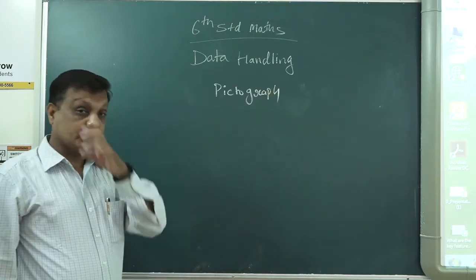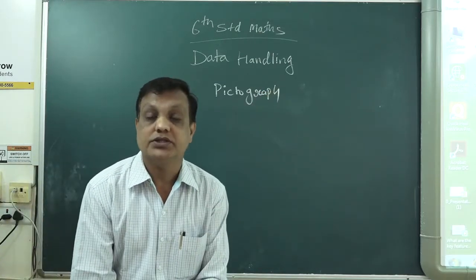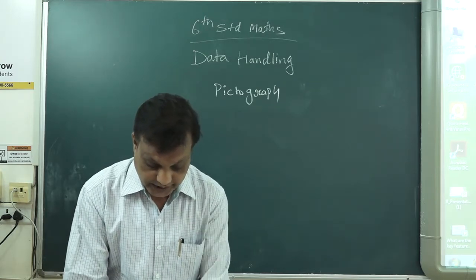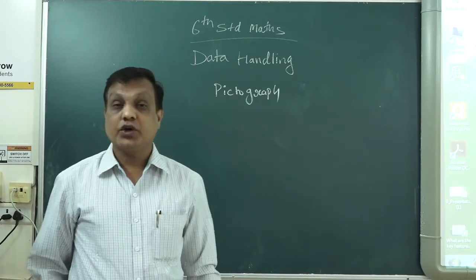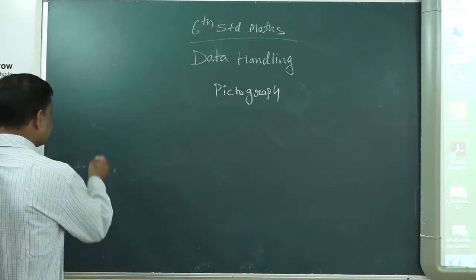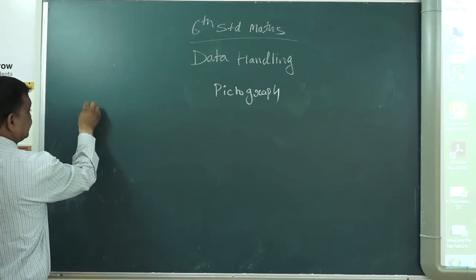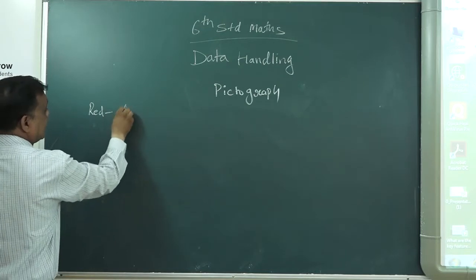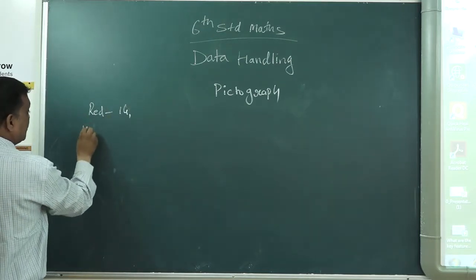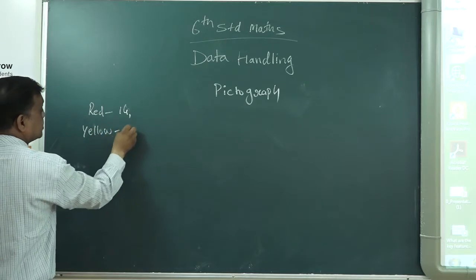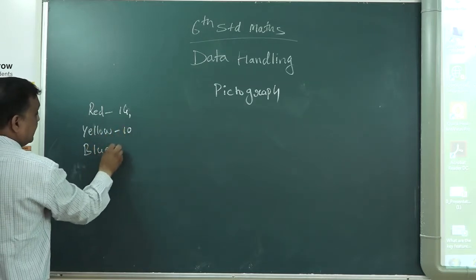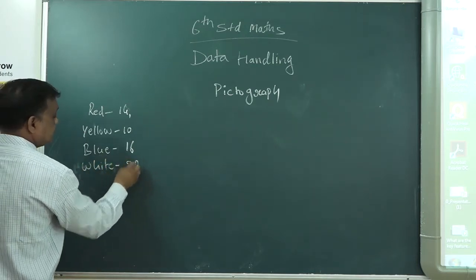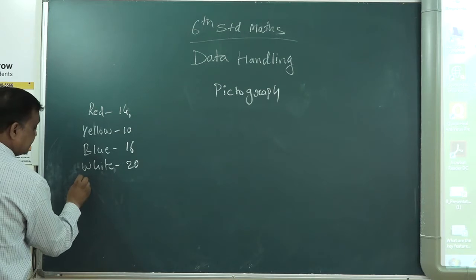In a pictogram what will we use? We will use some symbols, some pictures. That is a pictogram. Now here we will take one question, the same question. Like colors. Red, 14 students. Yellow, 10 students. Blue, 16 students. White, 20 students. And